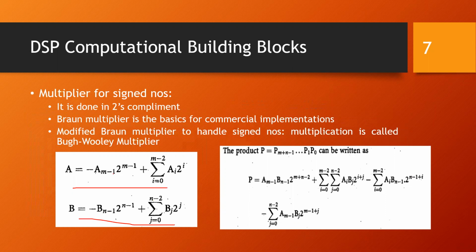But when we come to signed representation, one bit is utilized for sign purposes. So when we multiply, for example, if I'm multiplying -1 with -2, the result will be plus. It will be +2. So the minus sign also has to be considered when we are performing this operation. That is the care we should take.